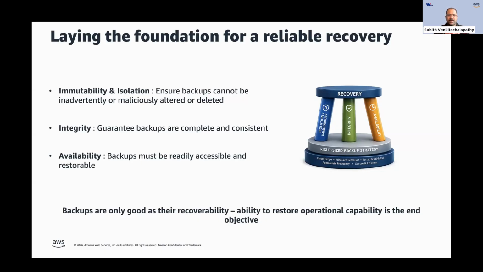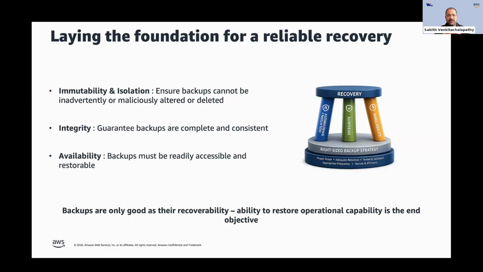The second most important pillar, or leg in this three-legged stool, is the integrity pillar. This is the pillar in which you are not just ensuring that you've got an immutable and isolated backup, but also that the backup is integral in nature, which ties back to the number zero that we had earlier. So you scan your backups for any presence of malware strains or the actual impact of malware, such as encryption, to ensure you can find at least one last good known backup when you are required to restore.